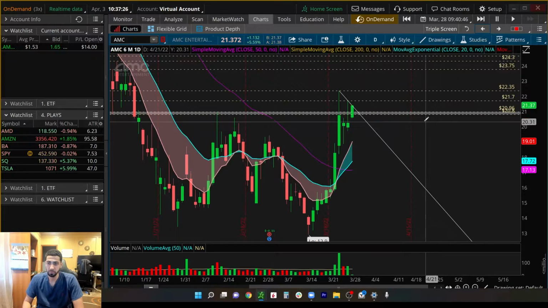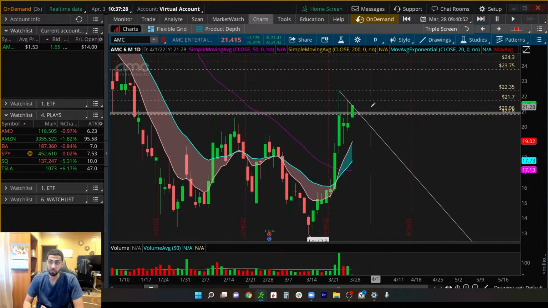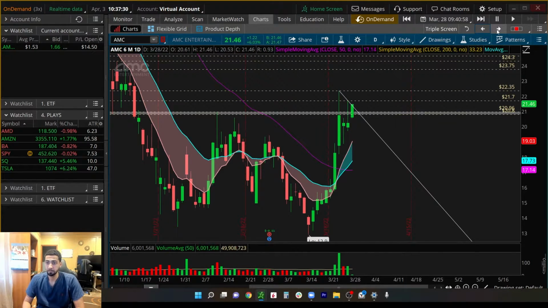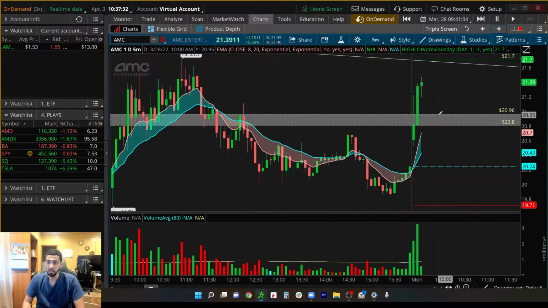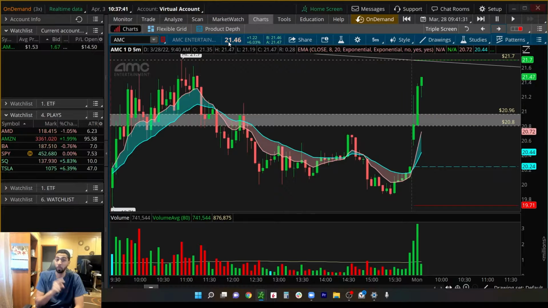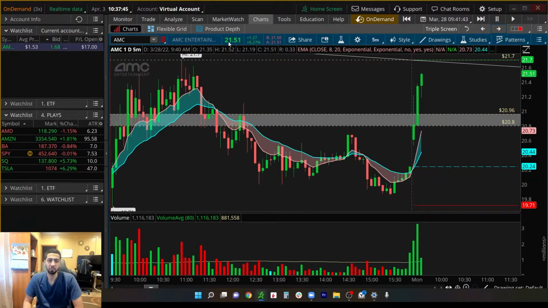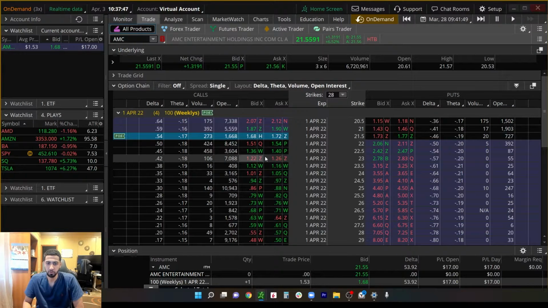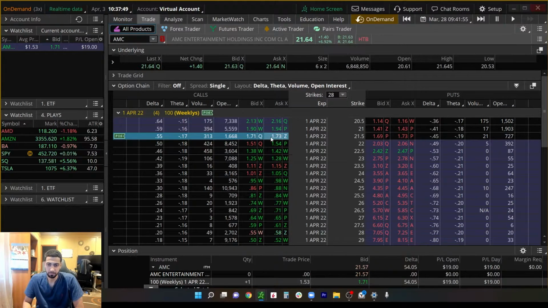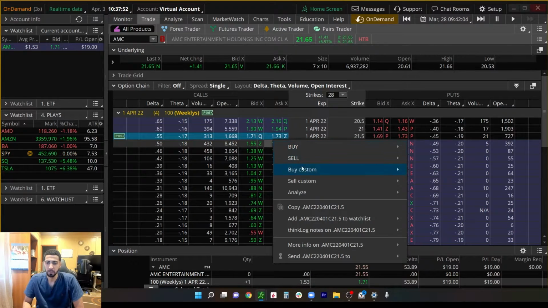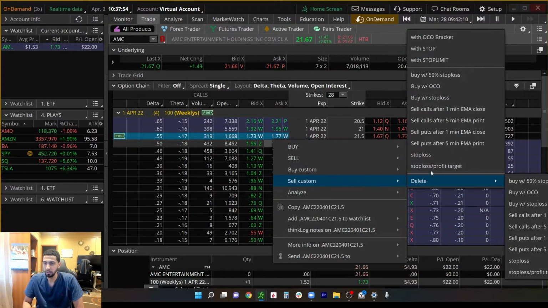This is very important. This is right here. This is a complete game changer. Okay, now say I wanted to sell if it either goes to 20.5 or if it goes to 24. I want to sell the call or put when the stock goes to a specific point on the chart. So I'm going to right click on whatever I own, and then I'm going to do sell custom, and then